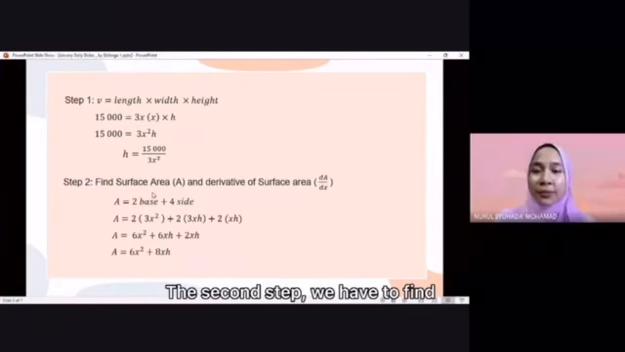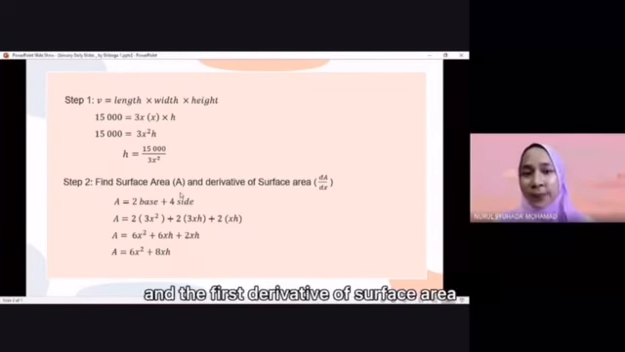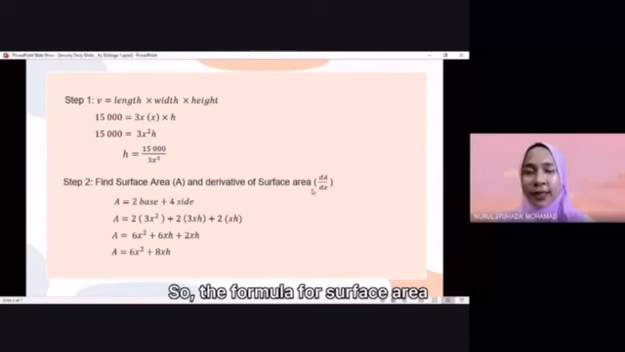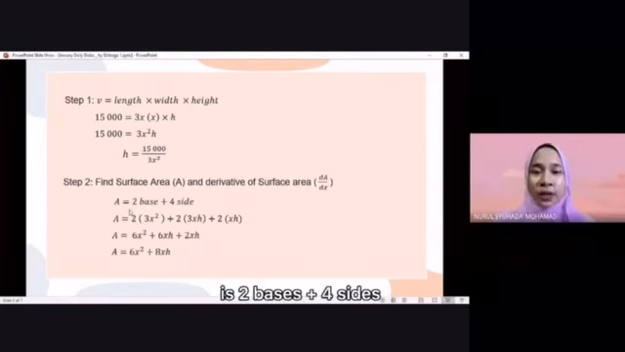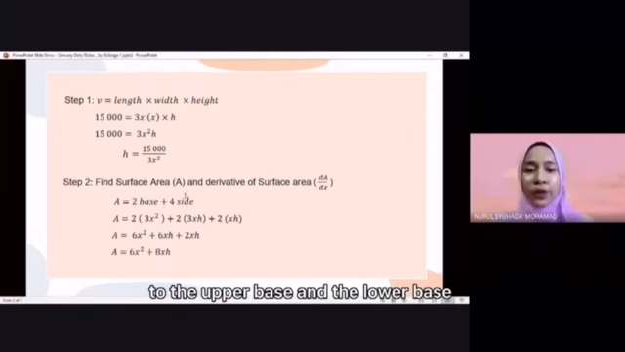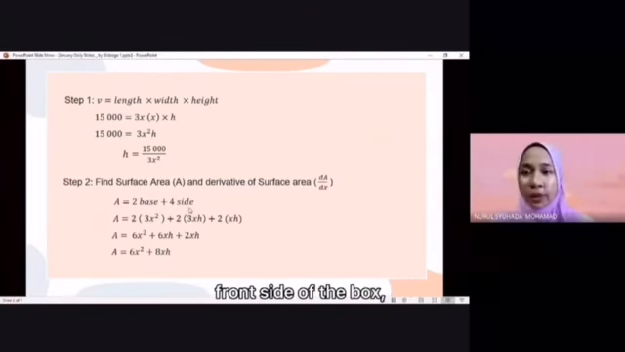The second step, we have to find the surface area A and the first derivative of surface area, which is dA over dx. So the formula for surface area is 2 base plus 4 side. Two base here refers to the upper base and lower base. And four side here refers to the front side of the box, back side of the box, right and left